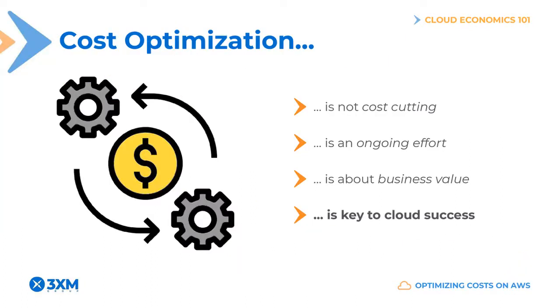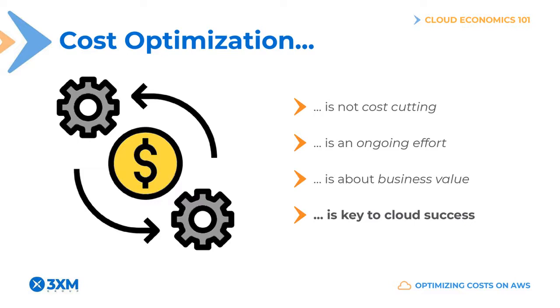First of all, there are 4 ideas about cost optimization I want to plant in your head and hopefully grow throughout the rest of this presentation. So first of all, cost optimization is not cost cutting. It's not something you do only when you're on a tight budget. Cost optimization is rather an ongoing effort, right? It's not some one-off activity you carry out at some point in your cloud journey, but rather an ongoing incremental process that yields benefits over time.